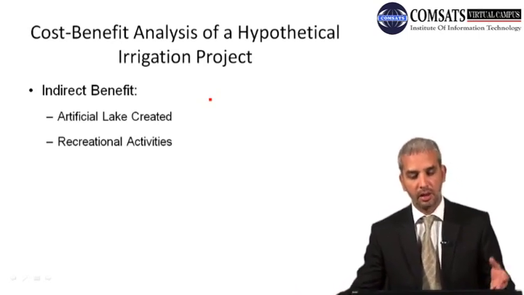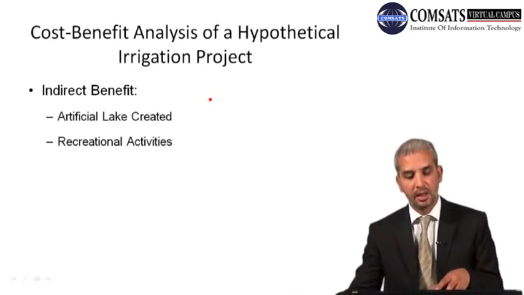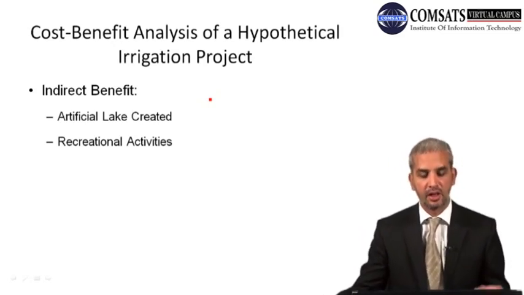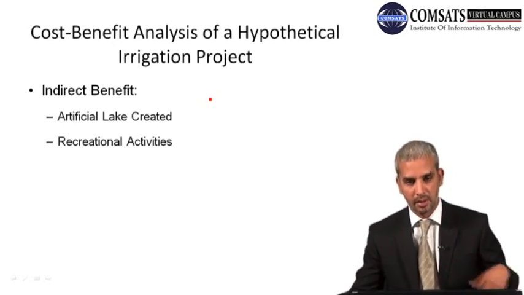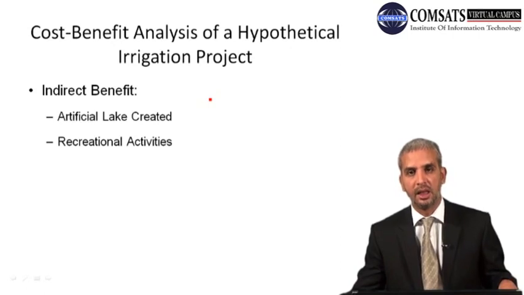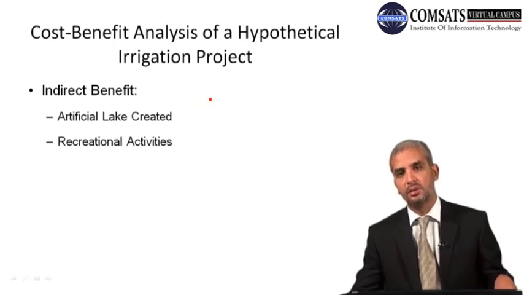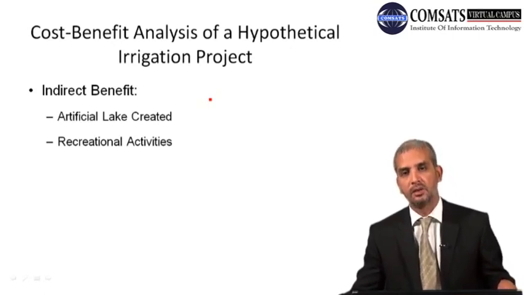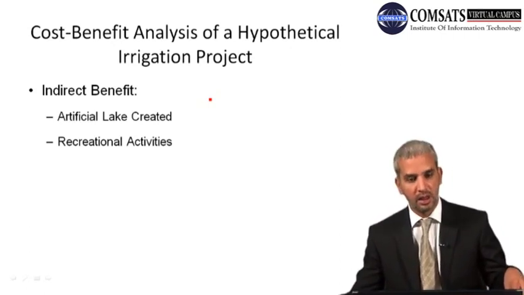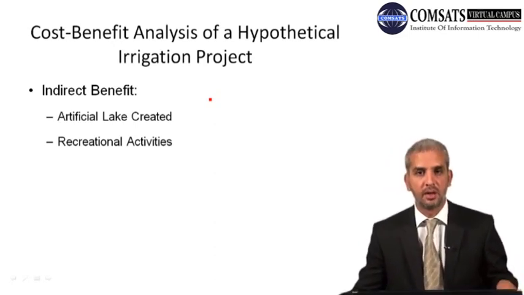Now, moving on, since we have considered the indirect benefits and placed a dollar value on them also, that artificial lake might be created while creating a reservoir for an irrigation facility, and that artificial lake might be used by people of that area for fishing and swimming and other picnics and recreational activities. So it is very important to see the price of this positive externality that has originated from the irrigation project, in order to see the true social value of that project.